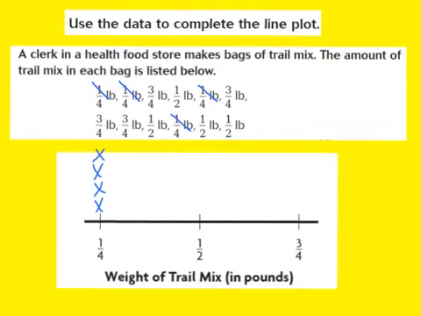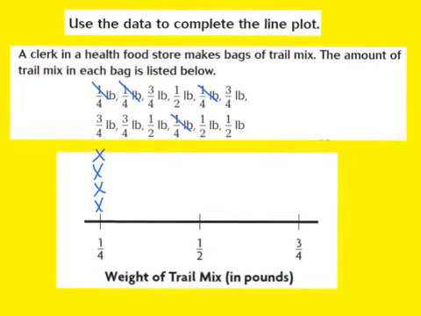in my line plot. So what I know is this. In the data set, there's 1, 2, 3, 4 1/4 pounds, and what I know is now in my line plot I have 1, 2, 3, 4 X's to represent those 4 1/4 pound bags. Now I'm going to come across to my next number, which is our 1/2. And I'm going to begin to make a count again of how many 1/2 pound bags we have of